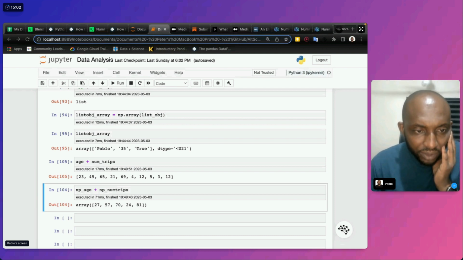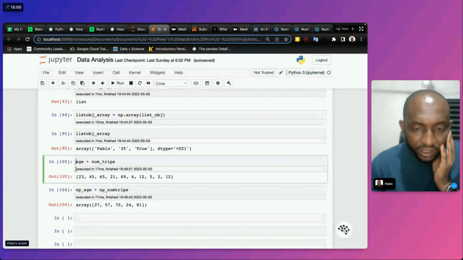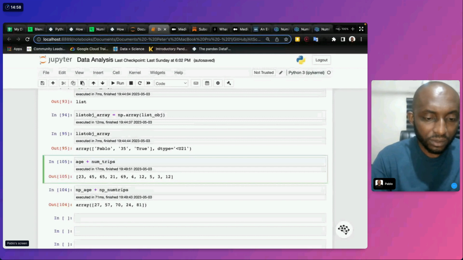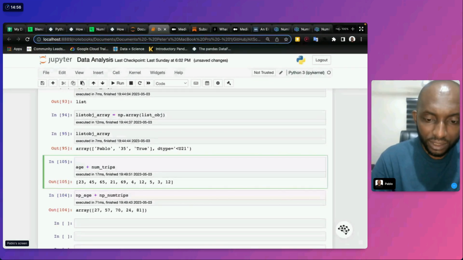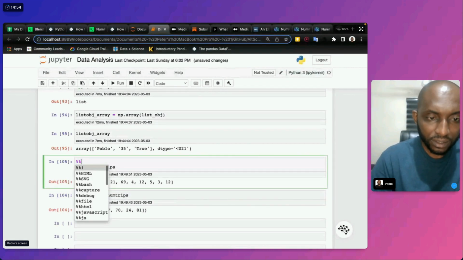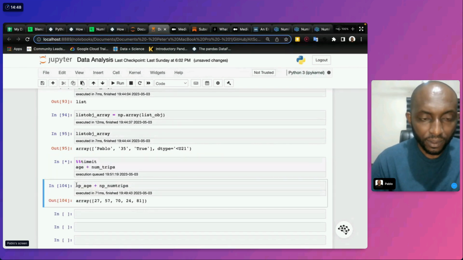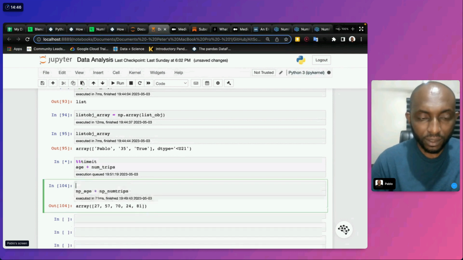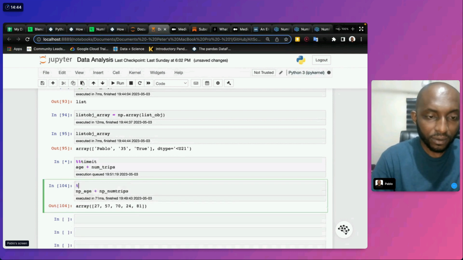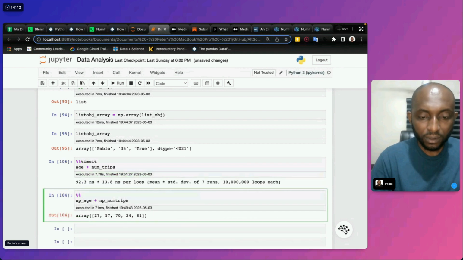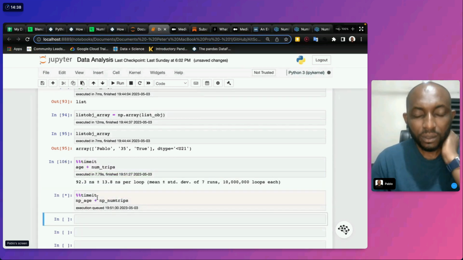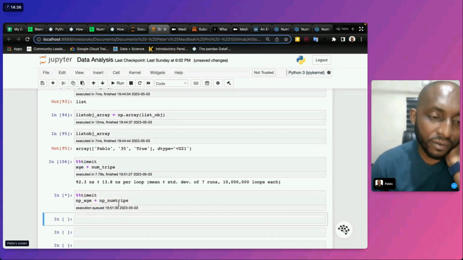I'm beginning to wonder if I didn't get this correct. I'm trying to understand why they're different.